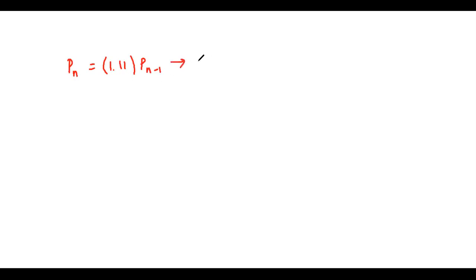Now, is this a linear homogeneous recurrence relation? Okay. So it is a recurrence relation because Pn is being expressed in Pn minus 1 term. So yes, it is a recurrence relation. But what about linear and homogeneous? Let's check the condition of linear: the right hand side is the sum of the previous terms. Over here, we only have one single term, and it is written along with a coefficient. So it is linear. Okay, so the linear condition is satisfied.